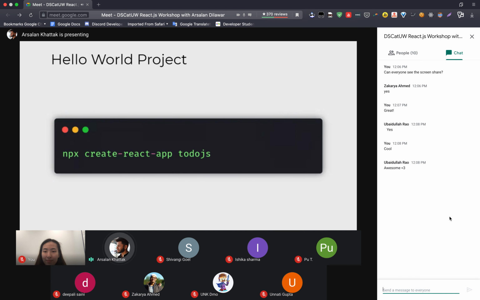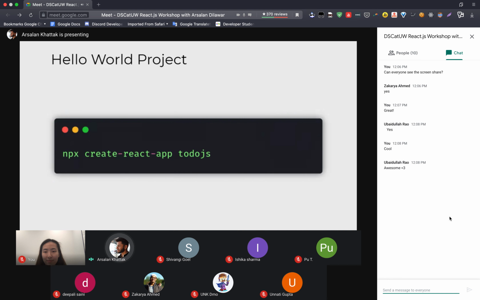So now we know what React.js is and why React.js. The next thing to do is to create a Hello World project in React.js. Making a project in React.js is quite simple. You just need one thing installed on your system, and that is Node.js. Node.js is a JavaScript runtime environment which you can use to execute your JavaScript behind the scenes.